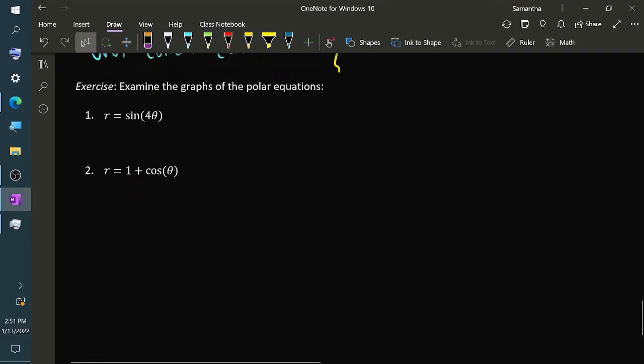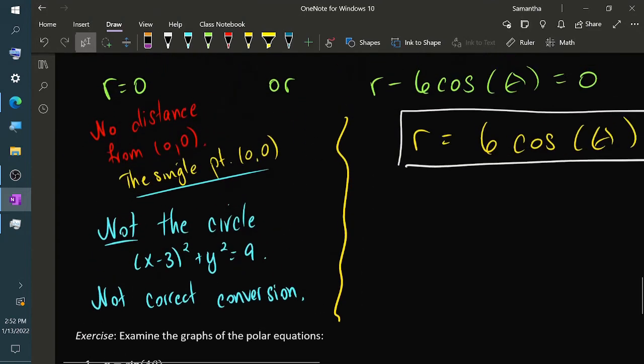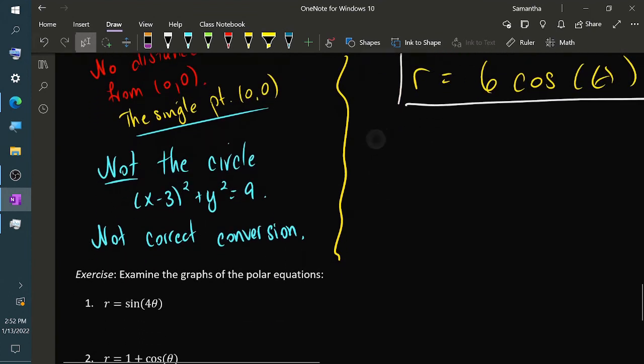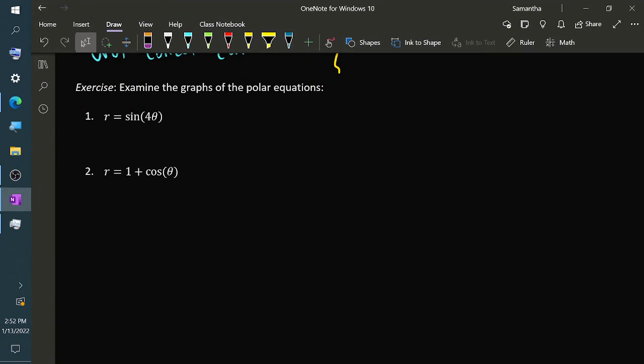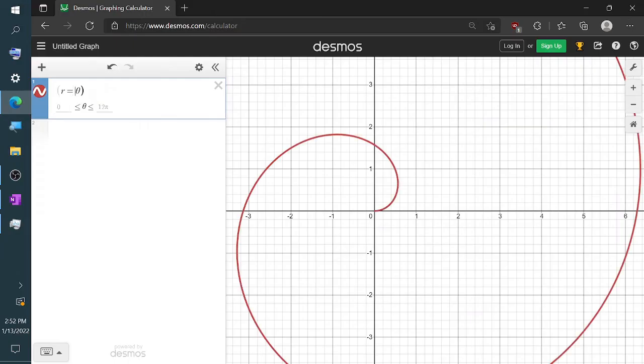Using Desmos, let's check out the graphs of a few more polar equations. They do get pretty cool from time to time. For example, here we have r is equal to sine of 4 times theta. This one is different from the one before, not just because it has a sine, but also because the number is in a different place. For an offset circle, the constant multiple of 6 was on the output of sine. Let's see what happens when we put the constant multiple on the input of sine.